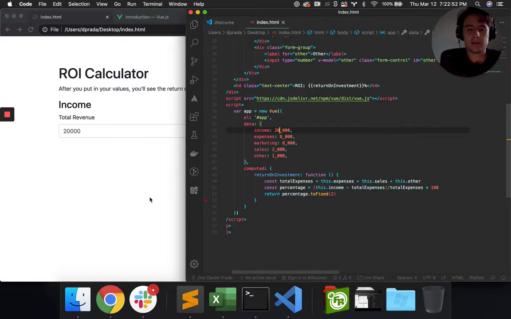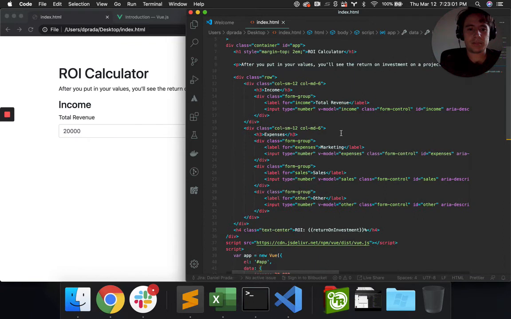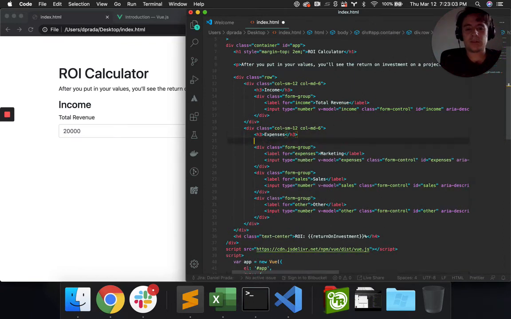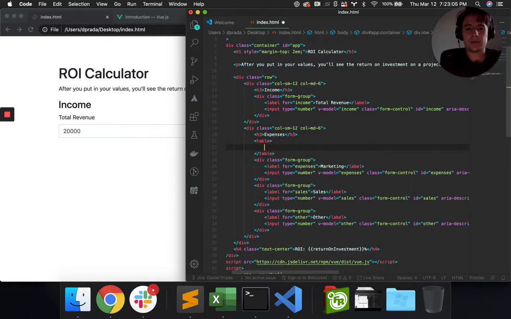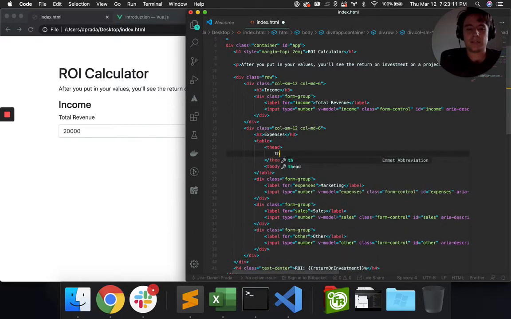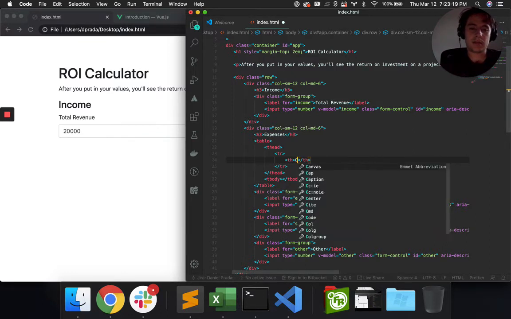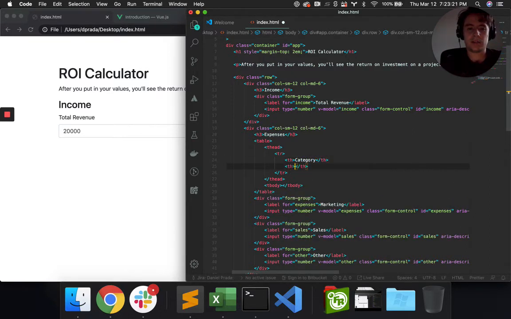Okay. But I kind of don't like how this is all looking, right? Because it should be more like a table. Let's make a table here. I think this is getting kind of confusing. So I'm going to do a table. A table should have a thead and a tbody. Let's have a TR for the rows in the head, and we're going to have columns, which we'll call the category, and then the cost,